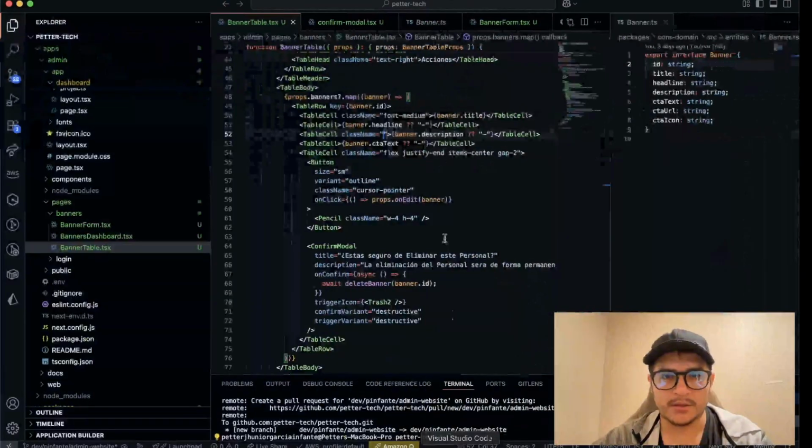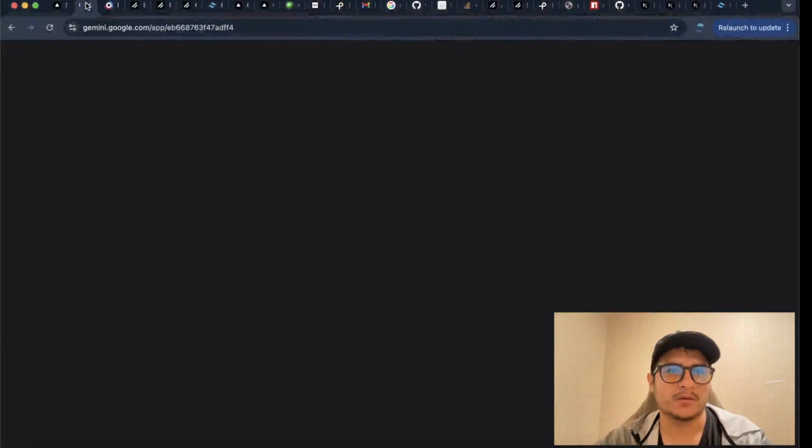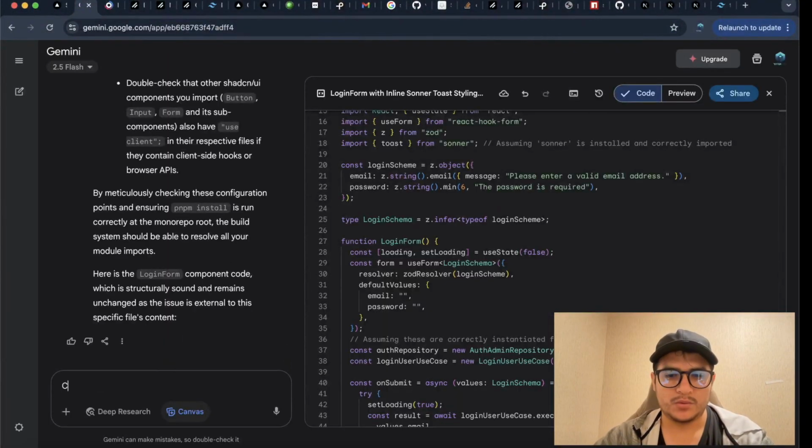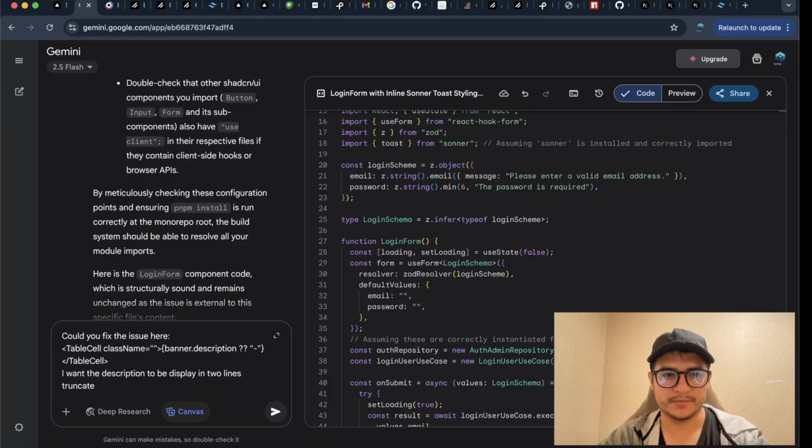Let's ask the AI to solve this issue. Could you fix the issue here? I want the description to be displayed in 2 lines. Truncate them at the end with